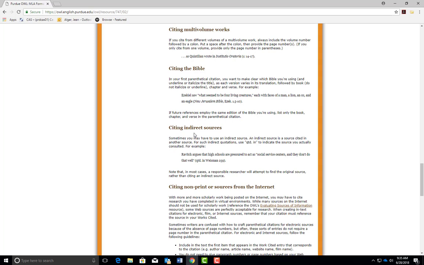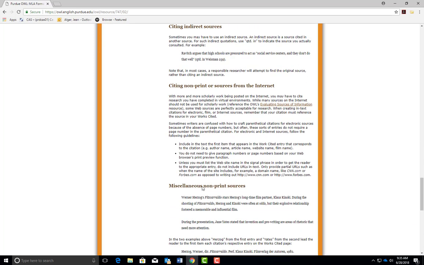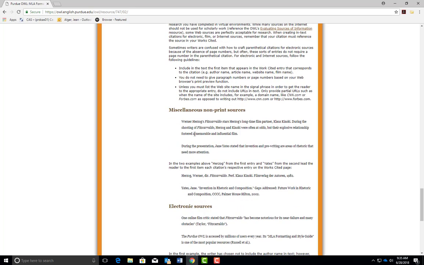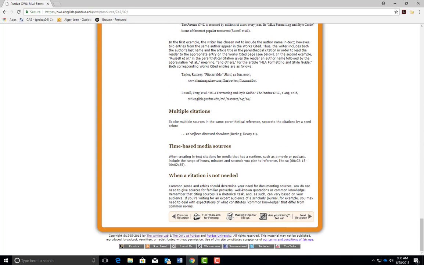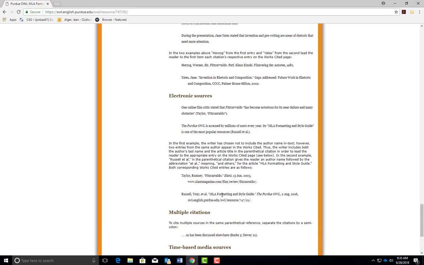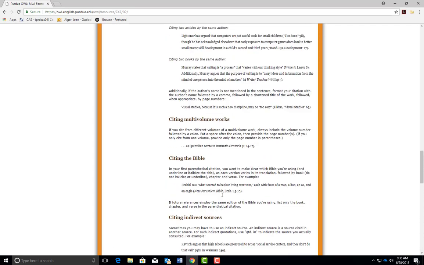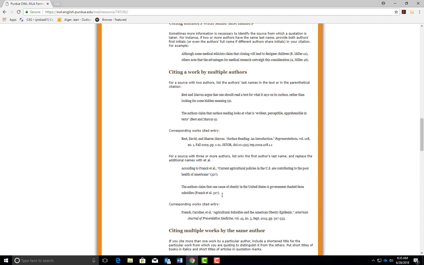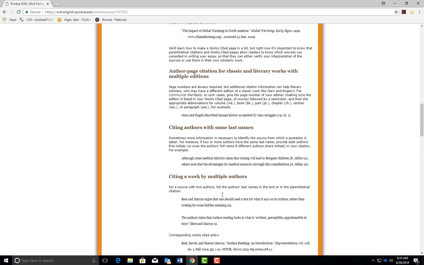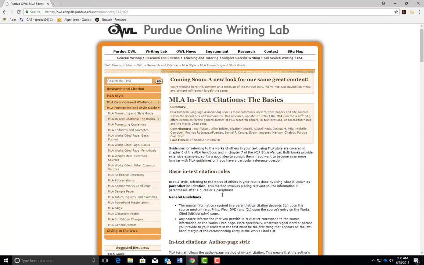This means sources that are quoted within other sources, and then how we cite sources from the internet and other non-print sources. So as you can see, there's a lot of information, and you should not try to memorize this, but review it, and then when you encounter a particular type of source, especially if it's not one you use very often, you can consult the basic rules so that you know how to cite that text properly.